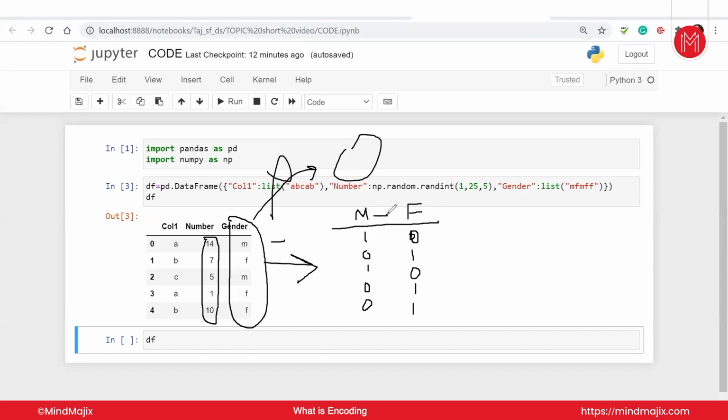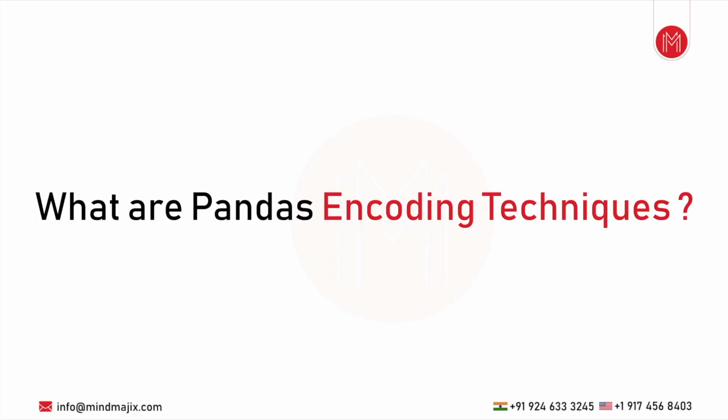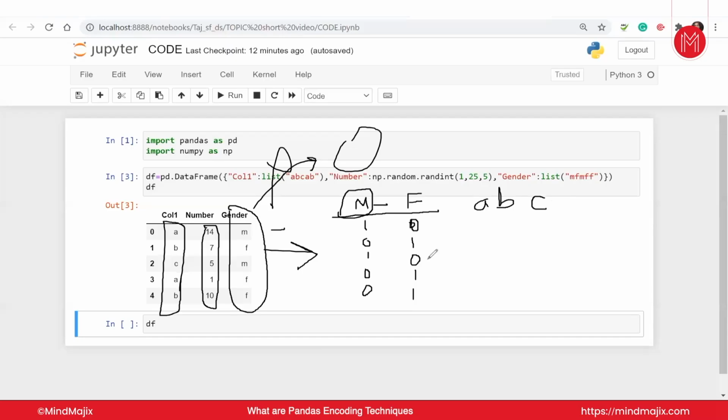One thing to know is that we can also have a single column, which I will discuss in the coming cells, and we can also drop one of the columns if we want to. So we have these three categories. For these three categories, three columns will be created: A, B, C. Okay, and we will use that. So let's see how the encoding technique really works and how we can change this to numbers, so we can give this as an input to our machine learning model.